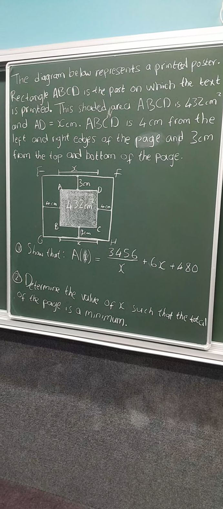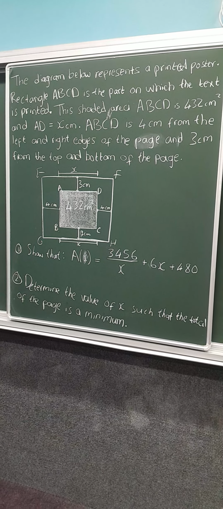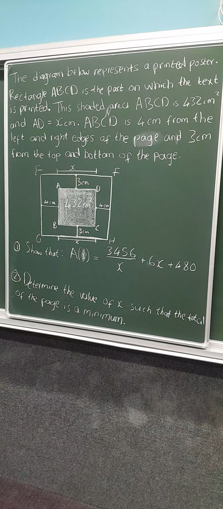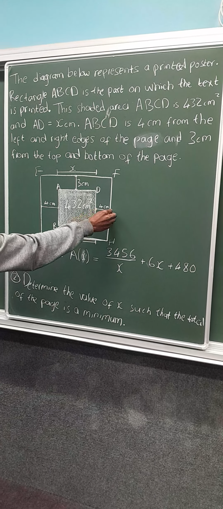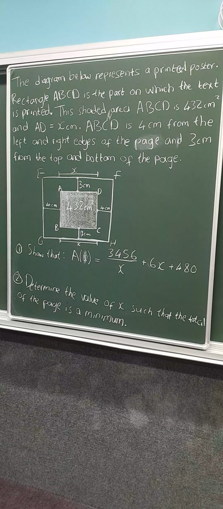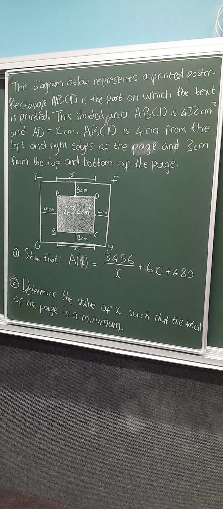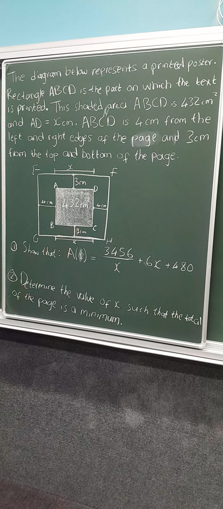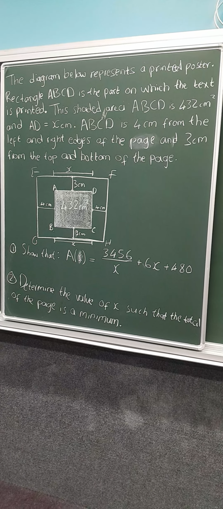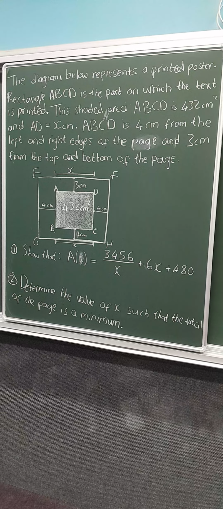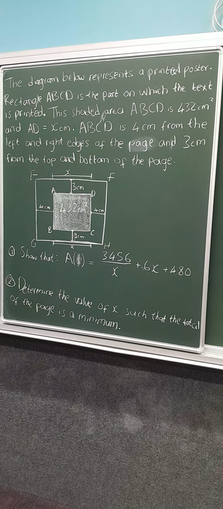And then ABCD is 4 centimeter from the left and right edges. So basically it's from the left to this part, which is 4 centimeter, and from the right to this part, which is also 4 centimeter, and 3 centimeter from the top. So this is 3 centimeter here, as well as 3 centimeter here. So the question is to show that the area with respect to x is 3,456 divided by x plus 6x